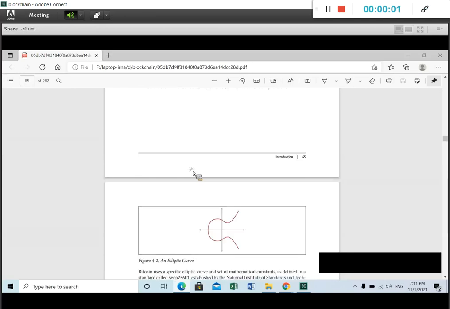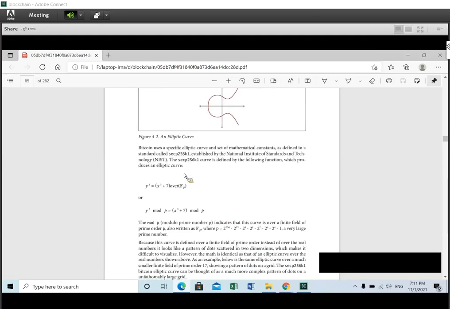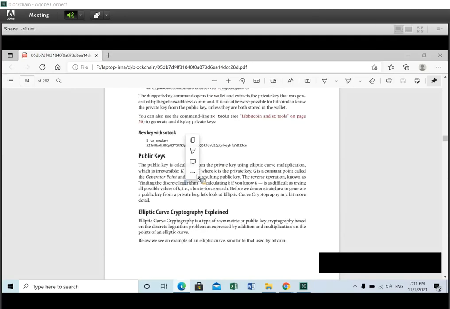Prime large number, it's generated randomly. Then, using this function, we should find k. K is a point and is a public key. Okay, to know how to calculate this equation, k times g means that you must